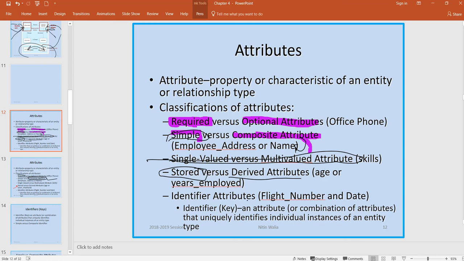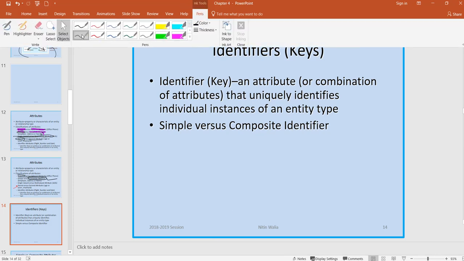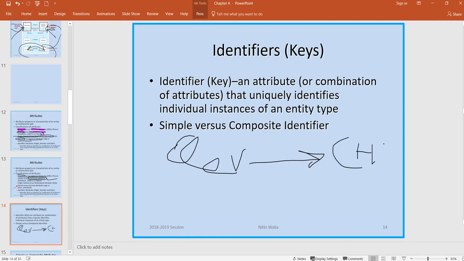Then we have something called identifier attributes or keys. So what is that? Let me give you an example. Let's say we are an airport system or a flight system, and we work for United Airlines, and we are tracking United flights which go from Cleveland to Chicago, right? So those flights go in the morning, UA01, and